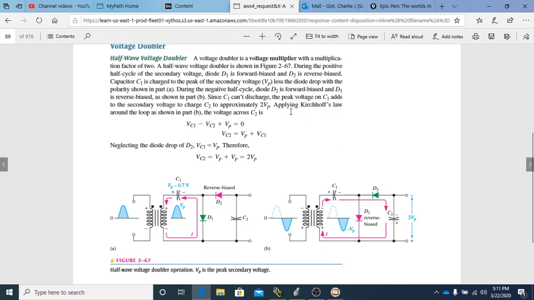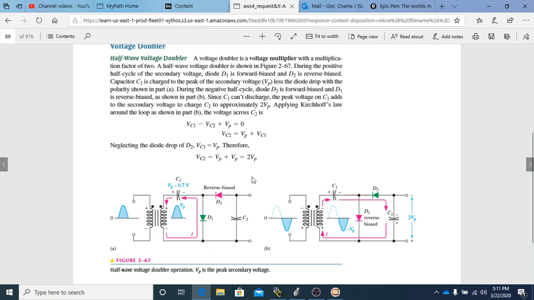And there's also going to be things with resistances and things like that going on in a complete model. So right now we're just looking at the ideal. So again, we've heard of Kirchhoff's Law, so applying Kirchhoff's Law around the loop as shown in part B, the voltage across C2 is this. And this right here is basically just showing how everything will balance out. And we know how Kirchhoff's laws work. But we're not going to be getting into any of the